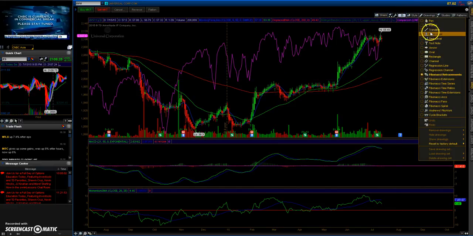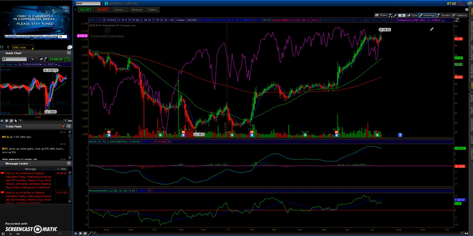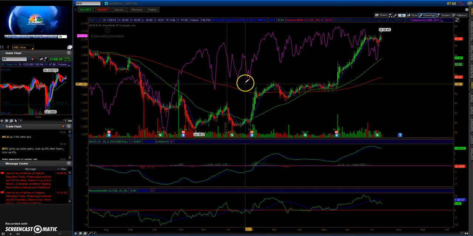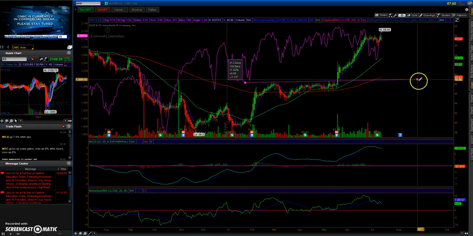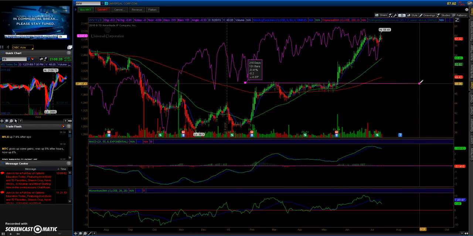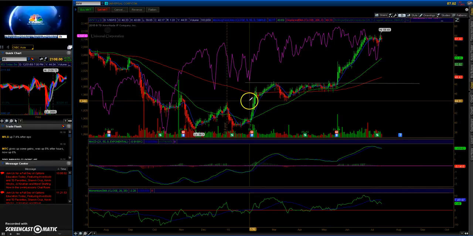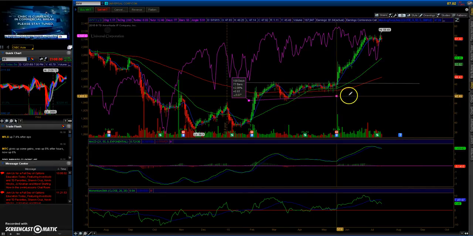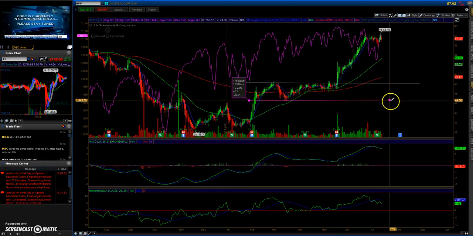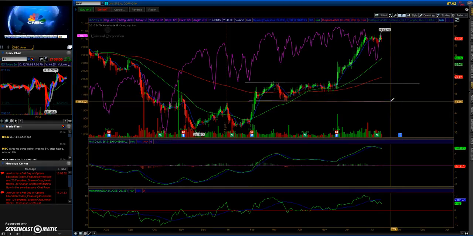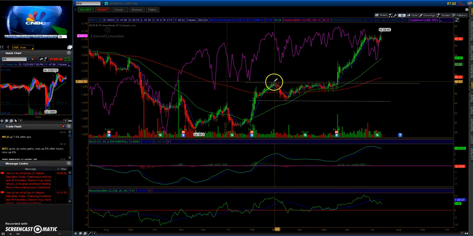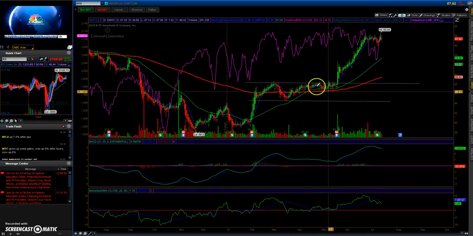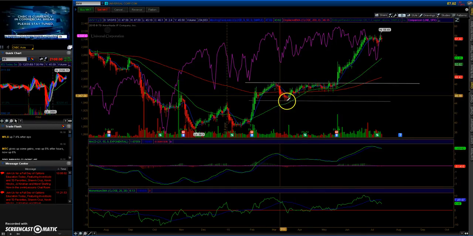Let me just draw it instead. So what do I call it? It's this top right here, where you keep seeing this price action. Price action is trying to break this right here, can't quite do it. And this channel right here, where it came all the way down here, and buyers came in down here, and you had buyers down here. I know my lines are not straight, but I'm not really trying to look at that. But this low right here and this high right here. Just remember, none of this happened yet. This did not happen yet. So just looking at it from here to here is what I'm looking at.